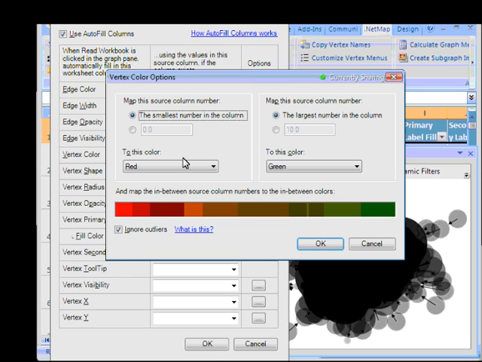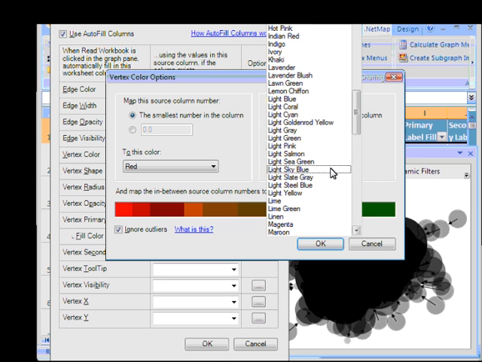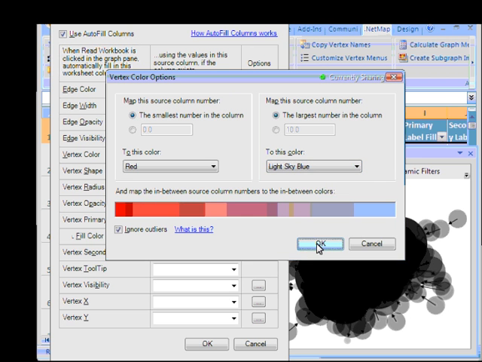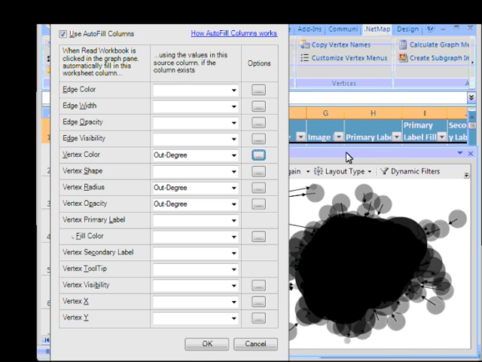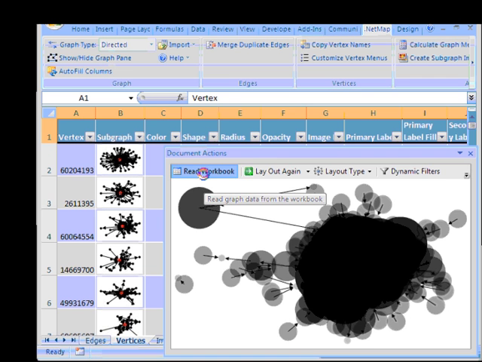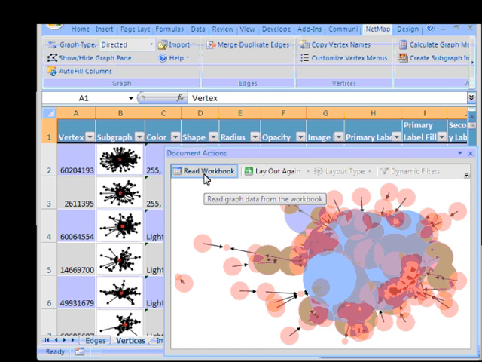I will apply it like this, and let's say, use blue, and OK. And if I say OK to this, you can see that this is a reasonably easy way of applying color and shape and opacity to your chart.